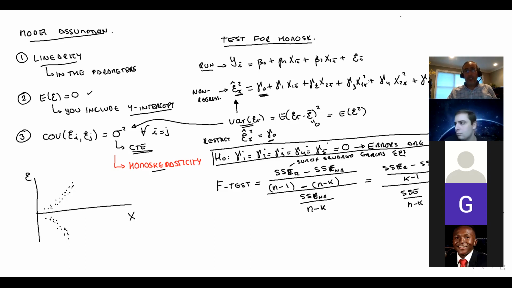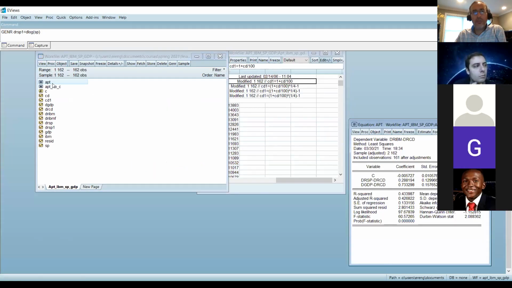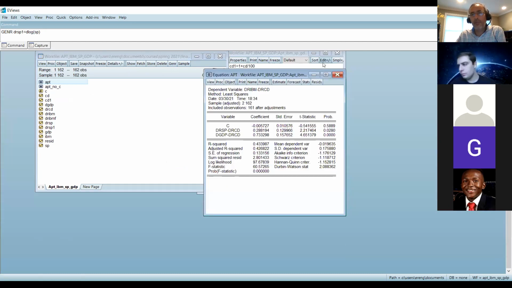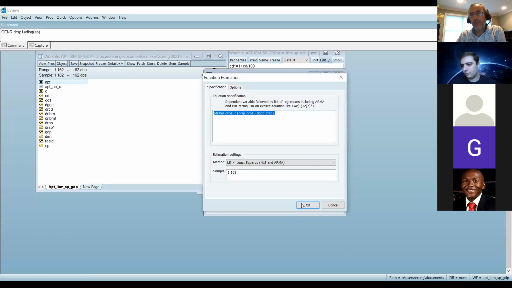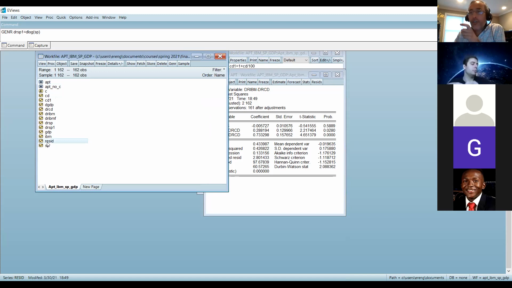Okay, so let's go to EViews. The first thing you need to remember, guys, is that you need to run the model. Let's use the APT with a constant. Run this again, just to be sure that you have the residuals. One thing with EViews, guys, is that these residuals here represent the residuals of the regression that you have